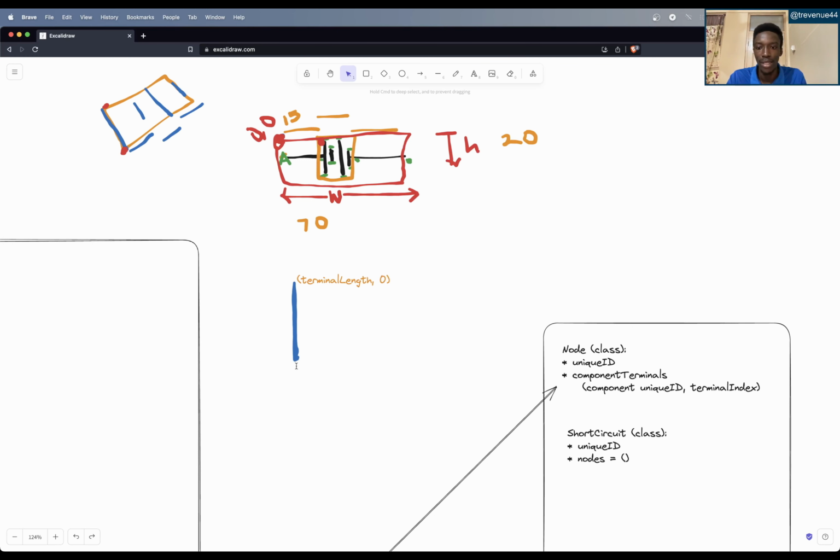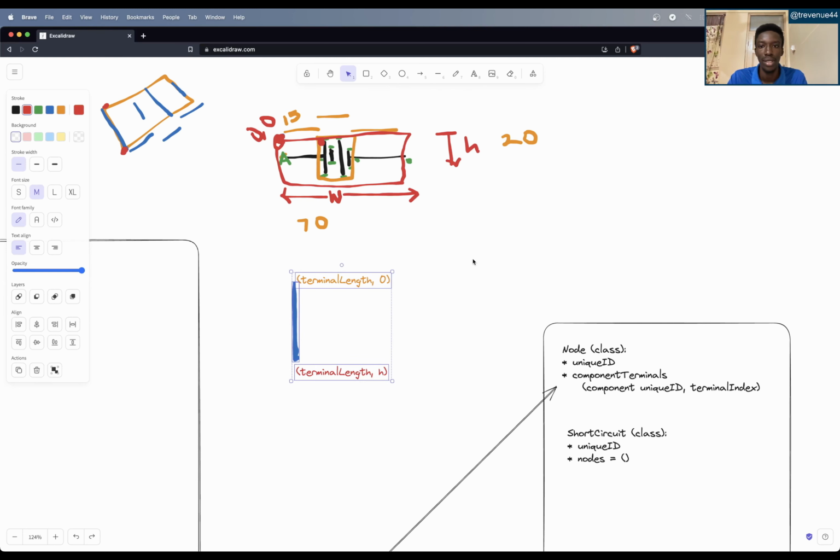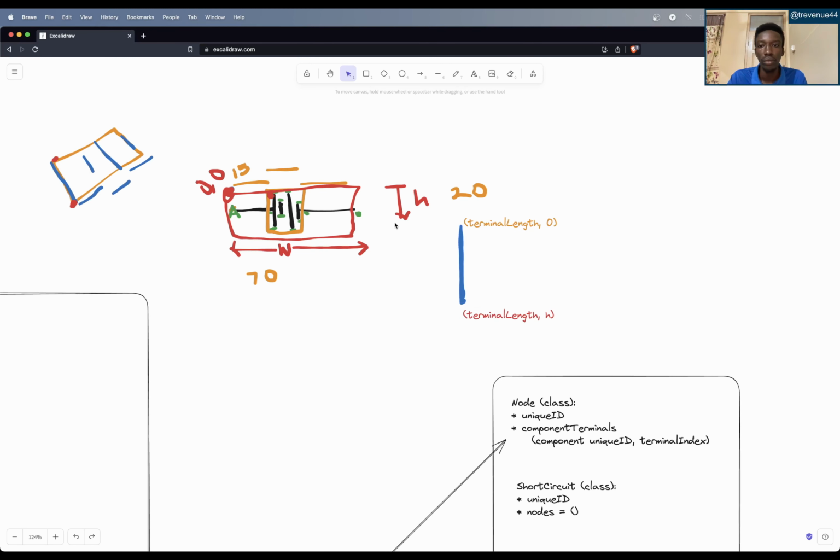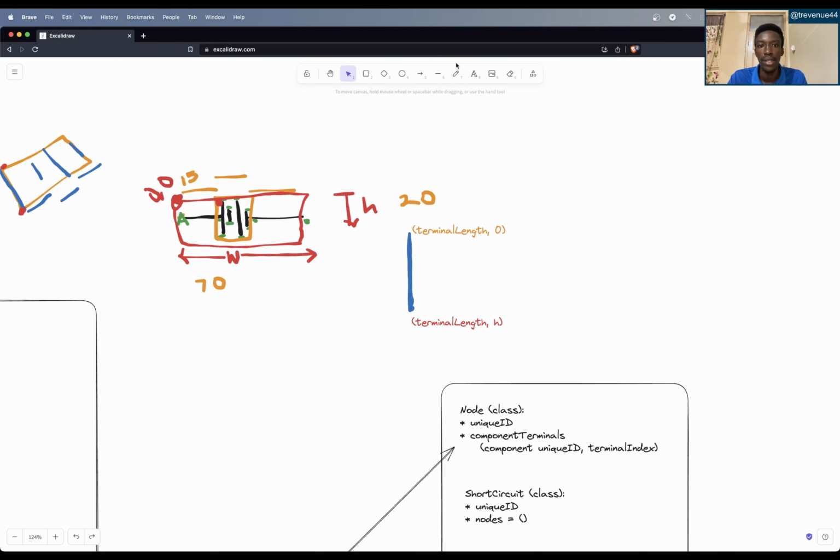And this part is going to be the same thing: terminal length on the x is constant, but on the y it would be the height. Then the second line that we are going to draw, actually I think I should move this somewhere else because it seems like it's going to interfere with what we are doing. So the second line that we are going to draw,